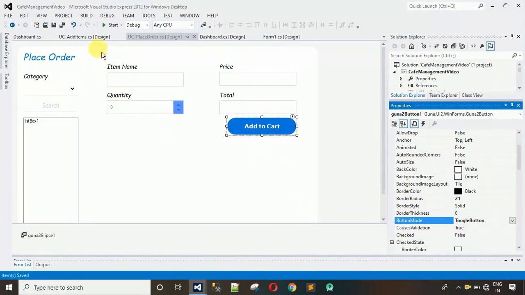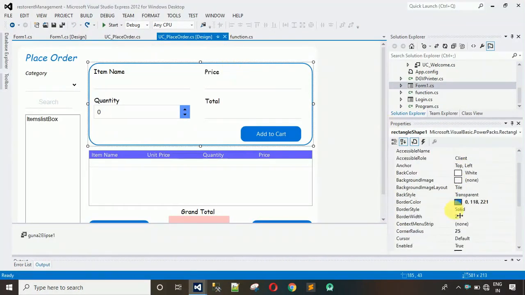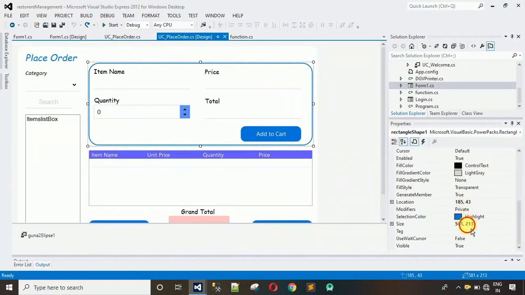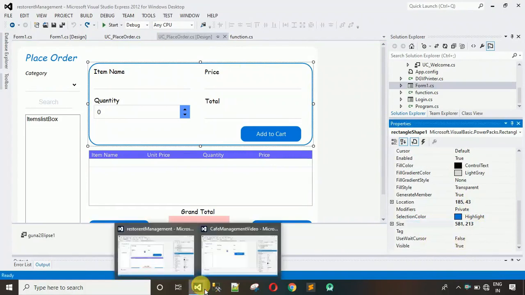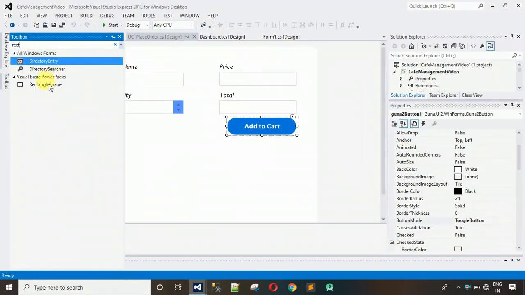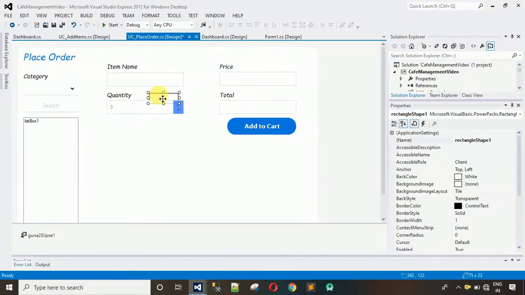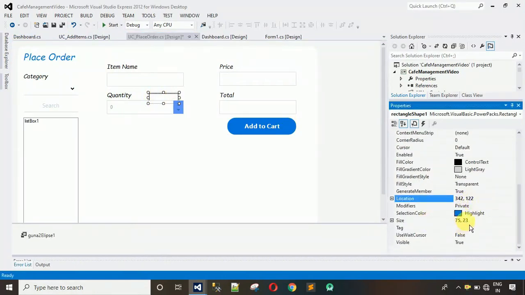After this, what we have to do is add one more stuff, that is nothing but this one. This is a rectangular shape. Let me copy the size of this one. Size 581, 213. So I'm going to move back over here, drag rectangular shaper over here, copy this, go to properties of this rectangular shaper, size,